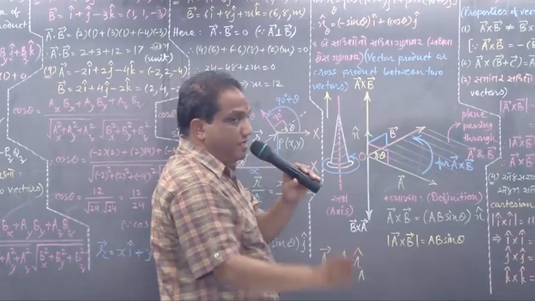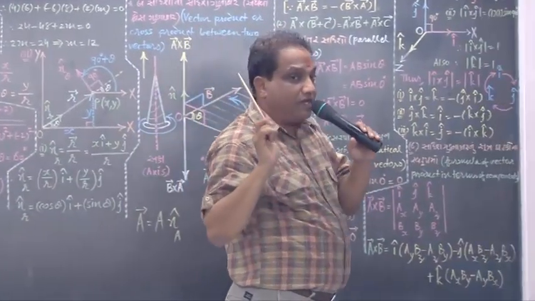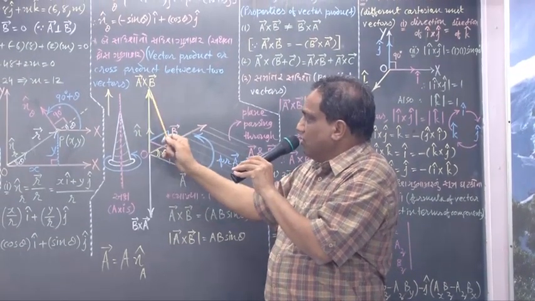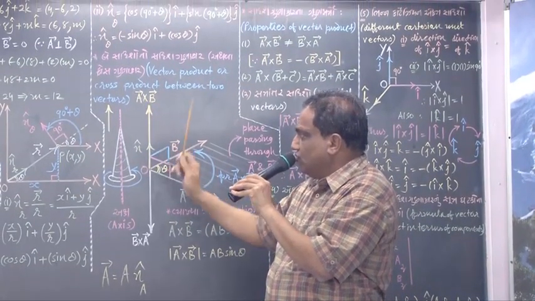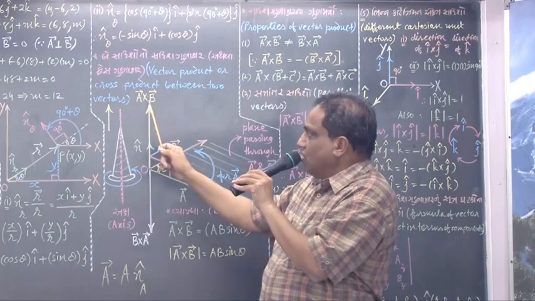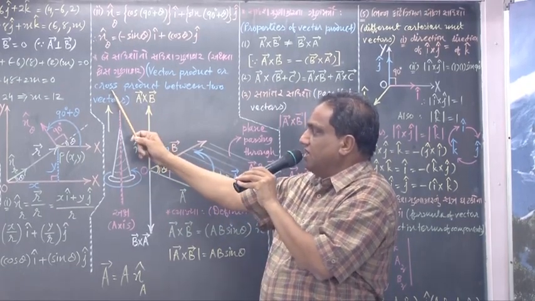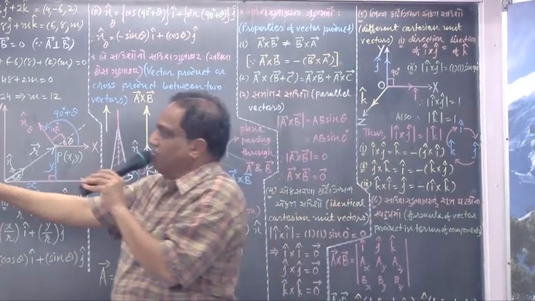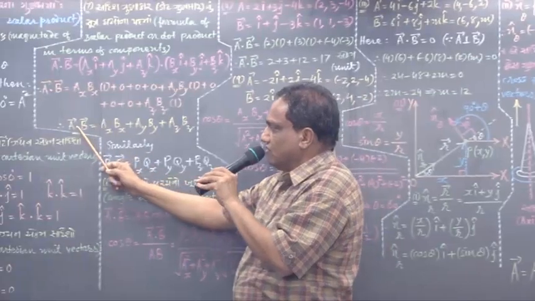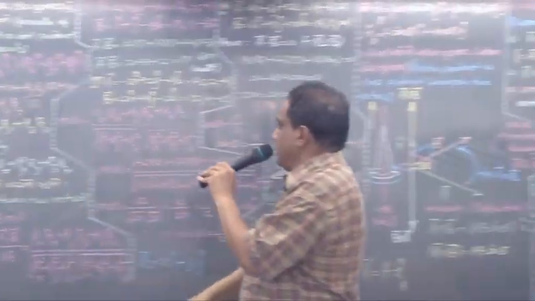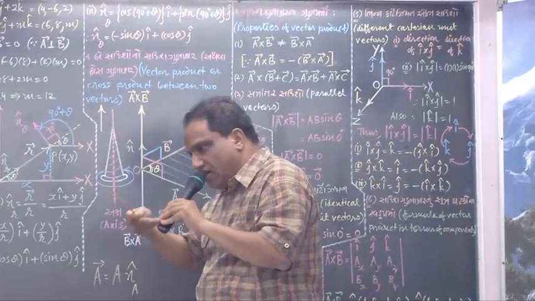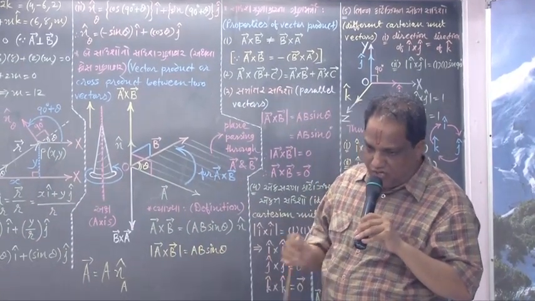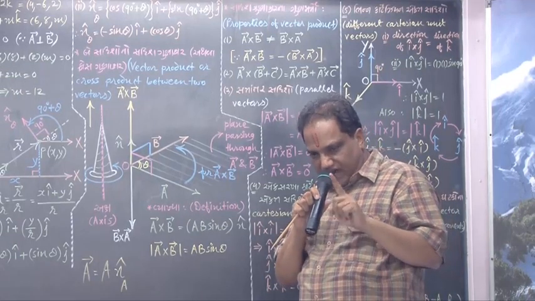Suppose you are talking about vector product between vector A and vector B. Then we show it symbolically this way, by putting a symbol of cross between these two vectors. Here we were putting a dot, so that was known as dot product. Here we put the symbol of cross, so we call it cross product. Between which vectors do you want a cross product? Between vector A and vector B.